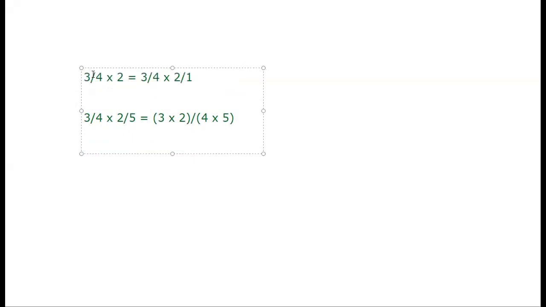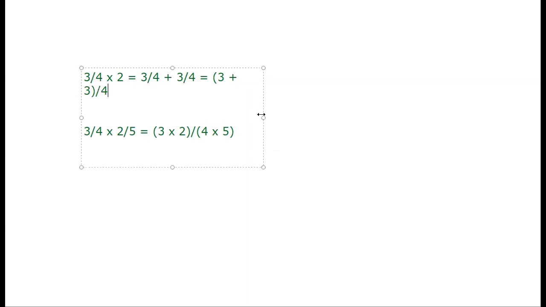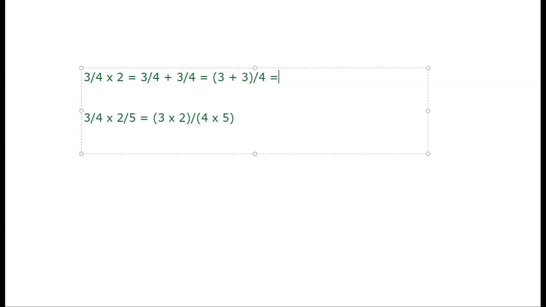And you can use repeated addition, and this is something they know. So they will automatically get that this is 3 by 4 plus 3 by 4, and now the top is nothing but 3 times 2 by 4. So why the 2 should be multiplied only with the top comes out very clearly from here.